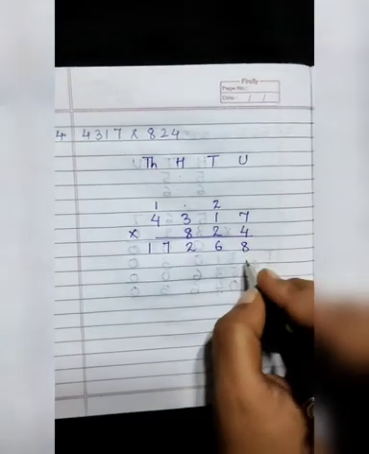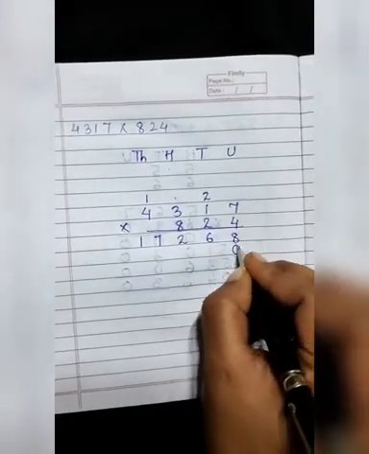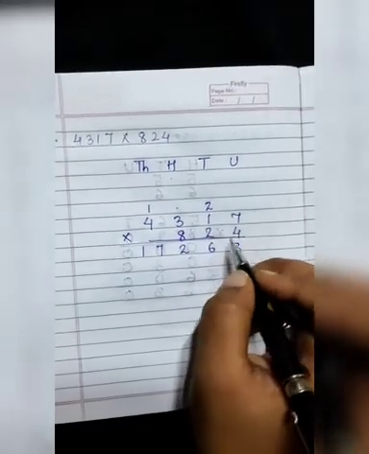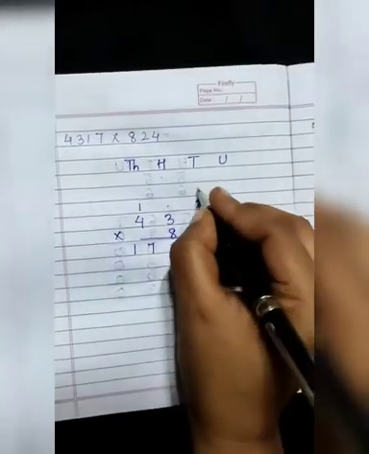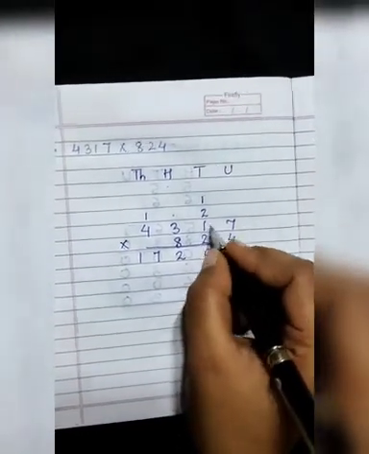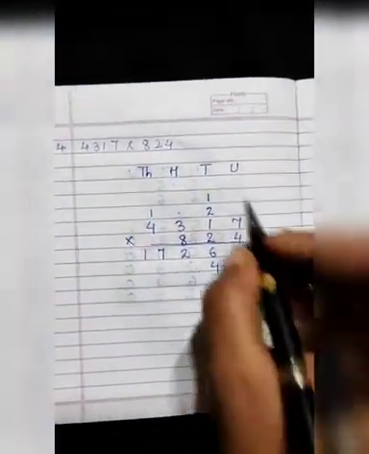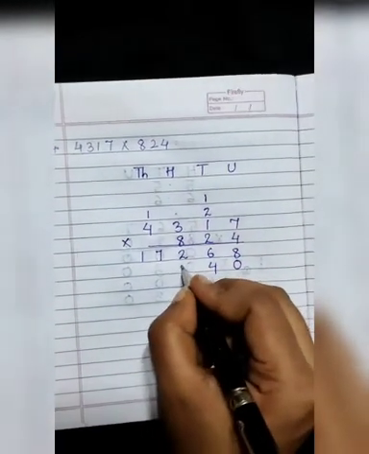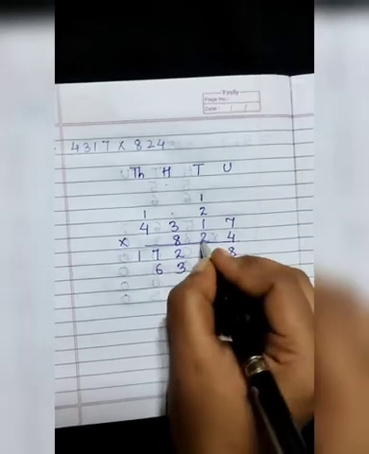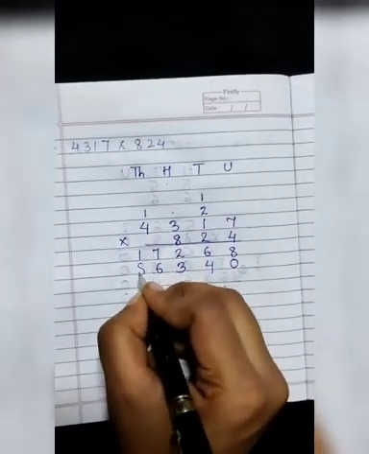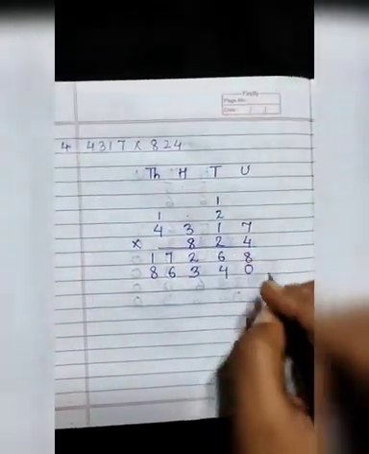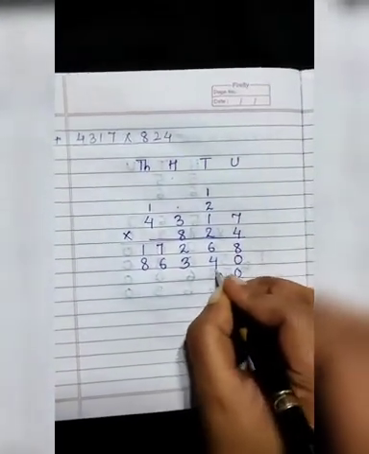Now we'll take the second number. So we will write here 0. It is a tens place number. Now 2 sevens are how much? 14. So 1 we will write here and 4 here. 2 ones are 2 and plus 1 it will be 3. 2 threes are 6. 2 fours are 8. Then we will take the 8 as it is on the 100 place. So we will write here 2 zeros.